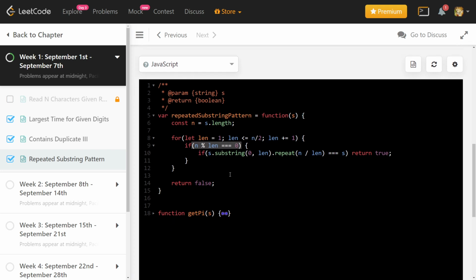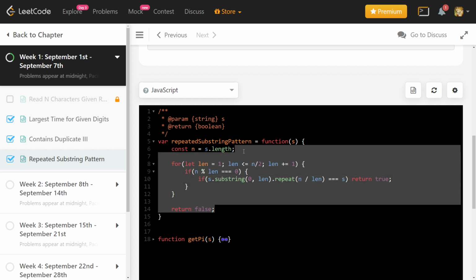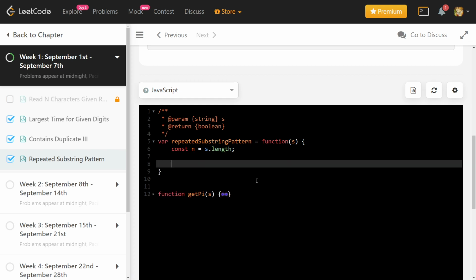So now we will look at a second solution, which actually can be made linear if we implement a function which is required in linear time, and that is possible. So let's look at the second solution in which we will try to solve this problem in linear time. Okay. So I'll just delete this code. So I'll be using a function. I will not be explaining how to implement that function in linear time, but it's a standard. So if you study string algorithms, it's a standard function. I will talk about what it is, but I will not explain how to implement it in linear time.